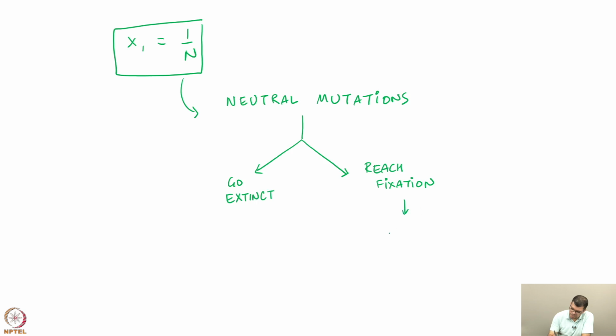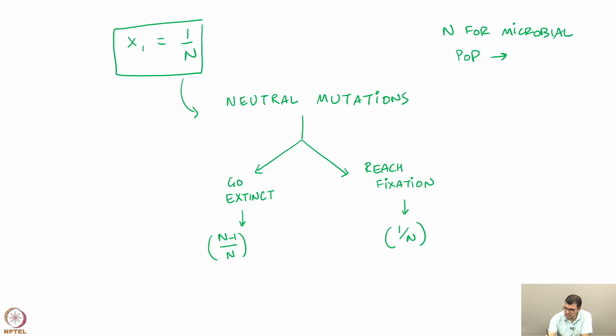They reach fixation with probability 1 upon n, whereas they go extinct with the probability n minus 1 upon n. Since n for microbial populations is going to be a very large number, even small microbial populations will be of the order of 10 to the power 6, 10 to the power 7, it can be much larger than this. Then you see that the probability that a neutral mutation is going to reach fixation is 1 into 10 power 6. That means for a population of size 10 power 6, for larger populations it is going to be even